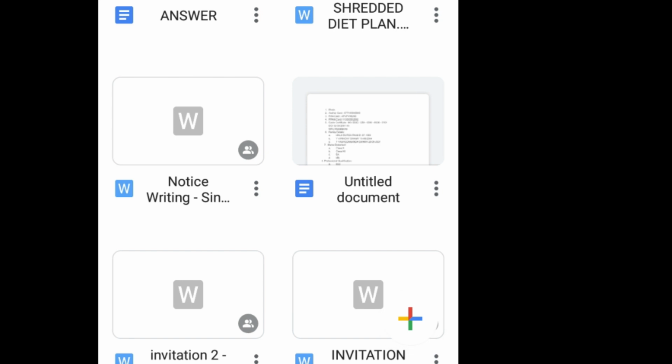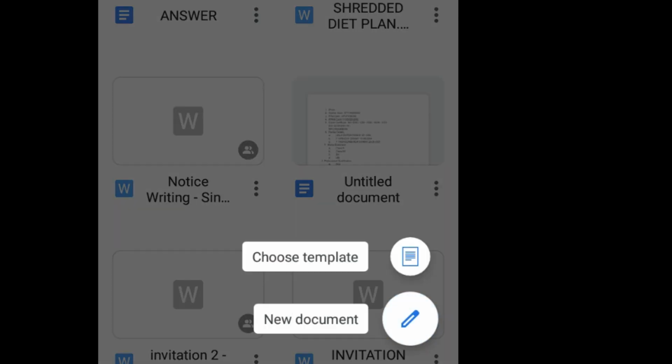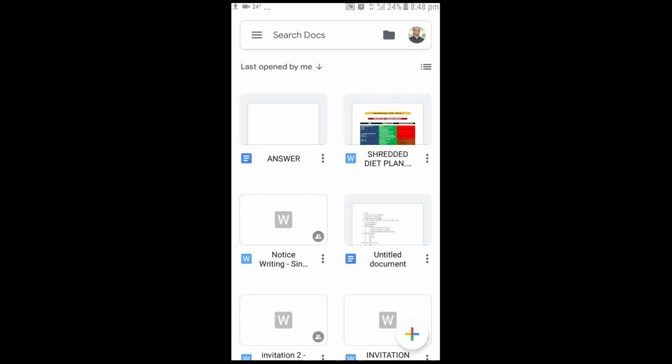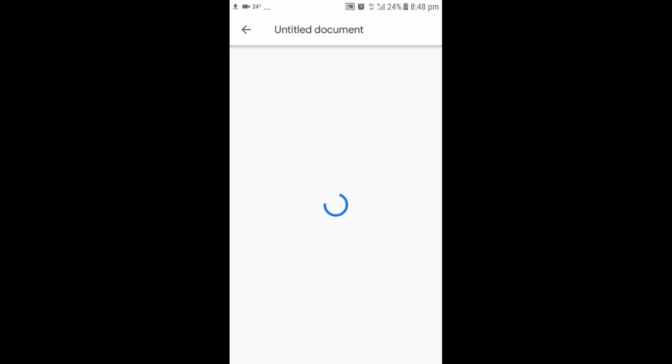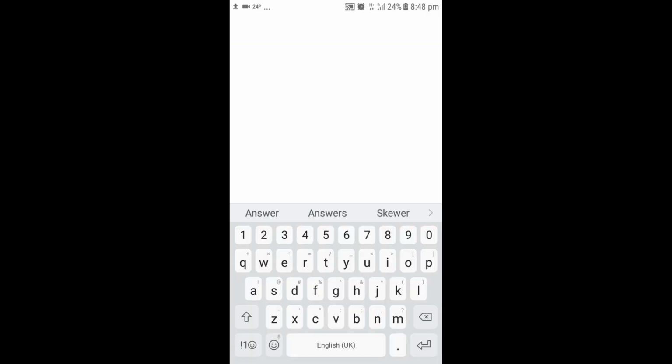Click here, a new document or choose template, open new document and write the answer in the Google Doc. Of course, it is not very comfortable to write the answer in the Google Doc using a mobile phone, but if it is a short answer and it doesn't need a lot of words to be written, then you can write the answer here and then save the file in the name of answer.